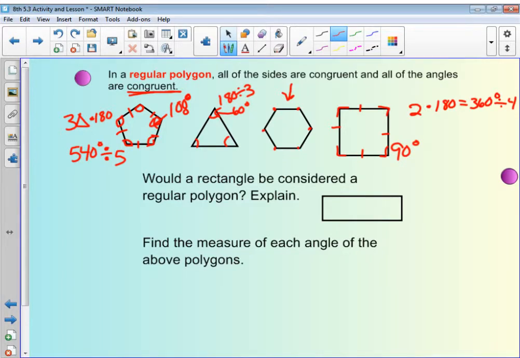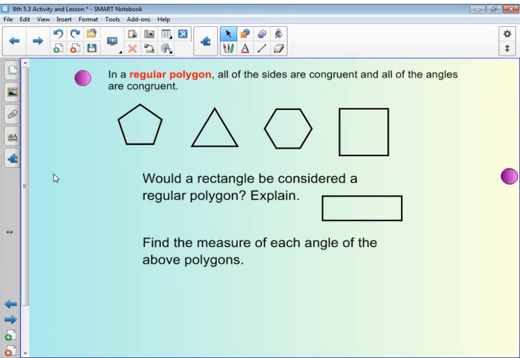Okay, when you do this, you should have ended up with 120 degrees, because we would take 6, the number of sides, minus 2, which would be 4, so there are 4 triangles, times the 180 gave us 720, and then we divided that by the 6 sides that are there. And we ended up with 120 degrees for each of these angle measures. Okay, so that's working with a regular polygon. Now we're going to go ahead and finish out this lesson by working with